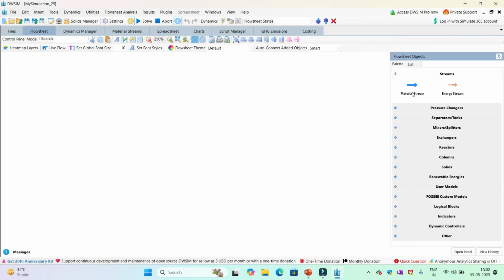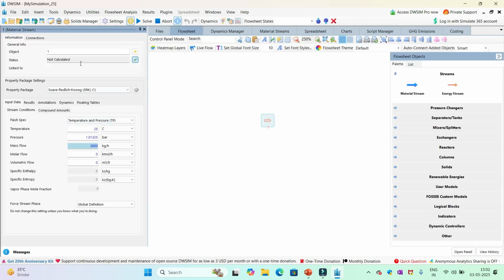Now I need to configure my material streams. Select material stream and just drag it. Let me configure it. Keep the feed stream name. Then temperature we said 640 I guess, and 40 bar, and mass flow you can just write 100 for the time being,